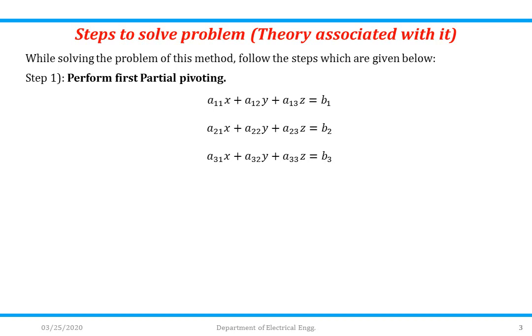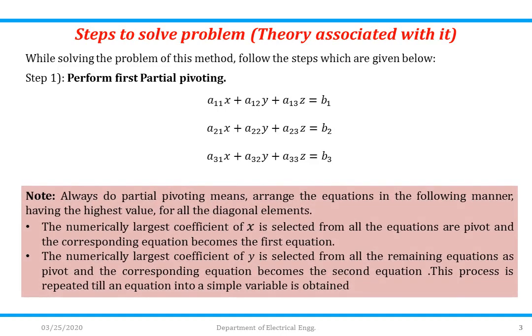Now, suppose you have a set of equations, then on that set of equations you have to perform first partial pivoting. Now, what is partial pivoting? Partial pivoting means arrange the equations in the following manner, having the highest value for all the diagonal elements. The numerically largest coefficient of x is selected from all the equations as pivot and the corresponding equation